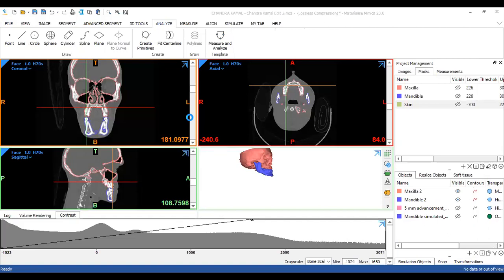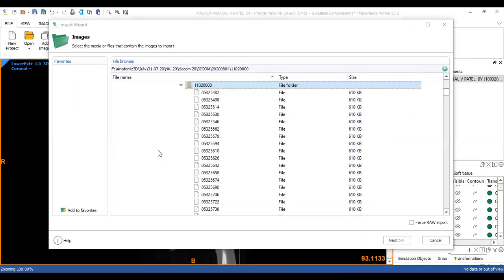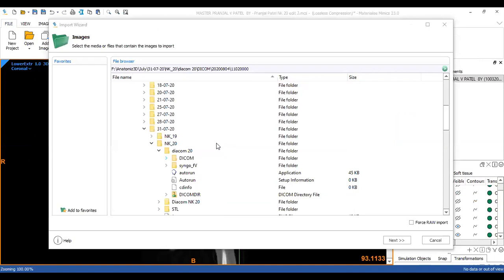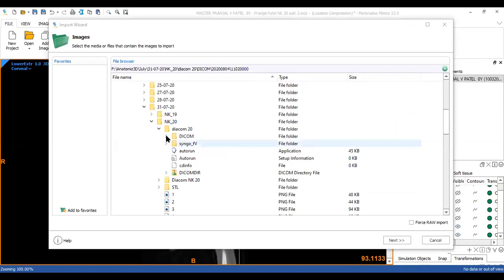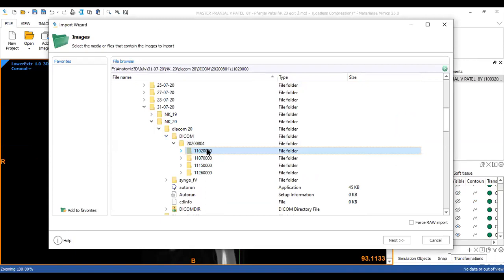जो हमारा import wizard का dialog box है वो फिर से वापस आएगा, and therein you can go and select the new set of images that you want to load. Yeah, so again you have your import wizard, right? Now it's the file already selected, so DICOM. I know which folder to select, so I'm just going to click onto that folder. मुझे ये वाला MRI चाहिए, so I'm just going to click on now next.